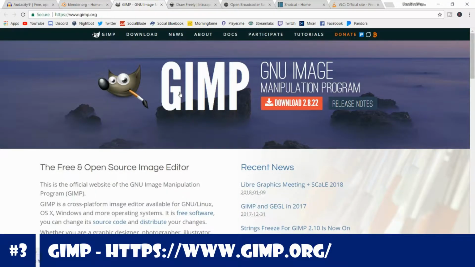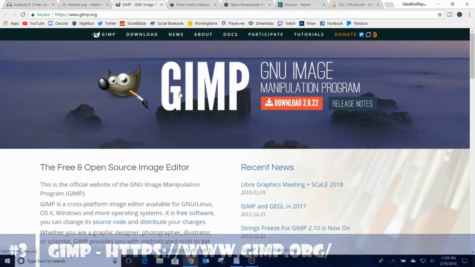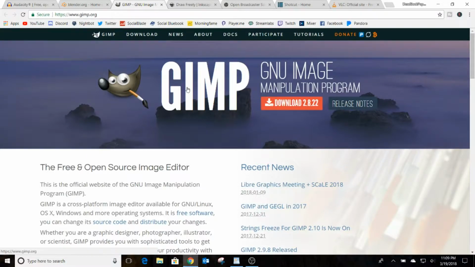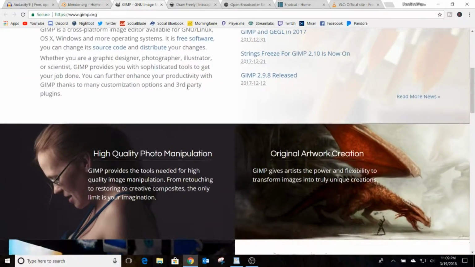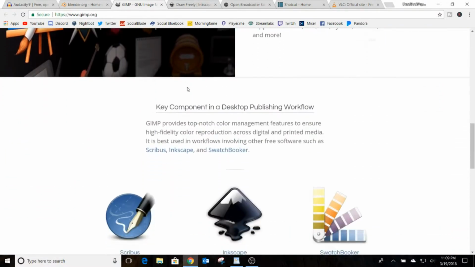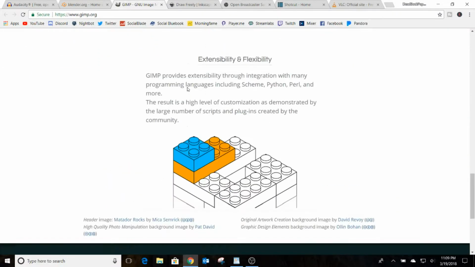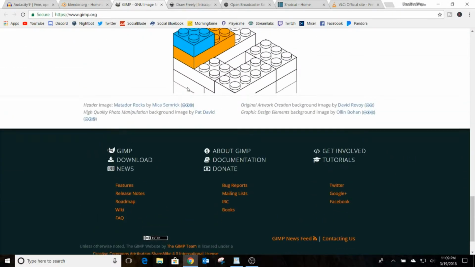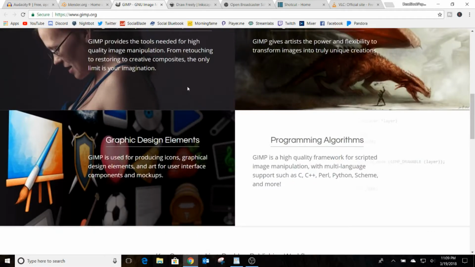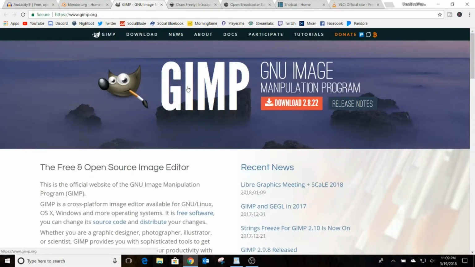Our third program is GIMP. It's the GNU Image Manipulation Program. GIMP is a freely distributed program for such tasks as photo editing, retouching, image composition, and image authoring. So GIMP is kind of a free version of Photoshop. It allows you to do any type of image editing. It's great for making graphics, for doing any type of channel art that you need to do, panels on a streaming channel,